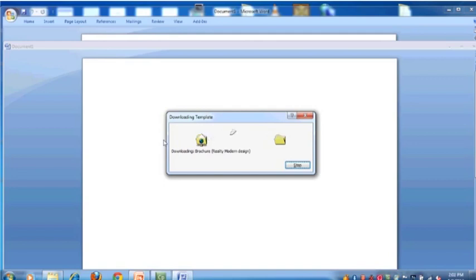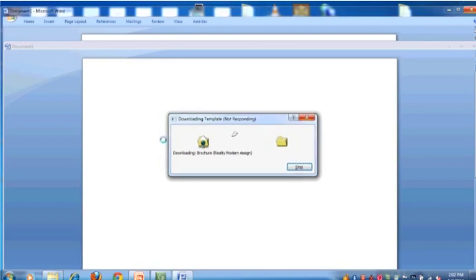Since the pictures and graphics of the brochures are heavy, it might take some time for downloading. I hope that if you practice making a brochure, you would love it and be able to make brochures on your own. Let's hope that the downloading is done.